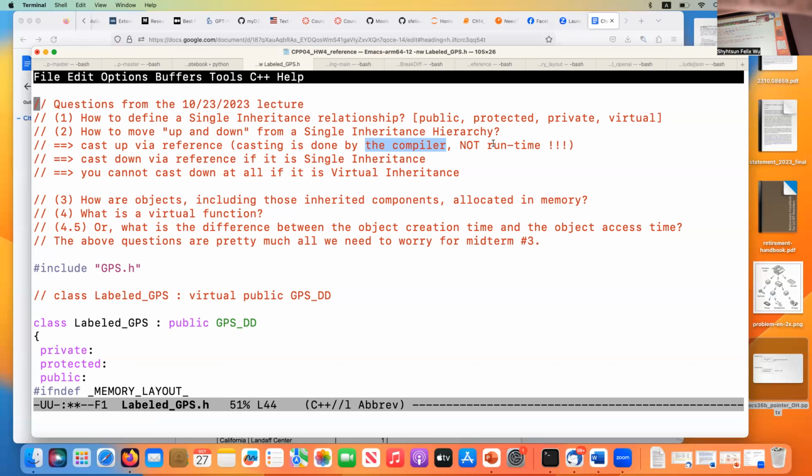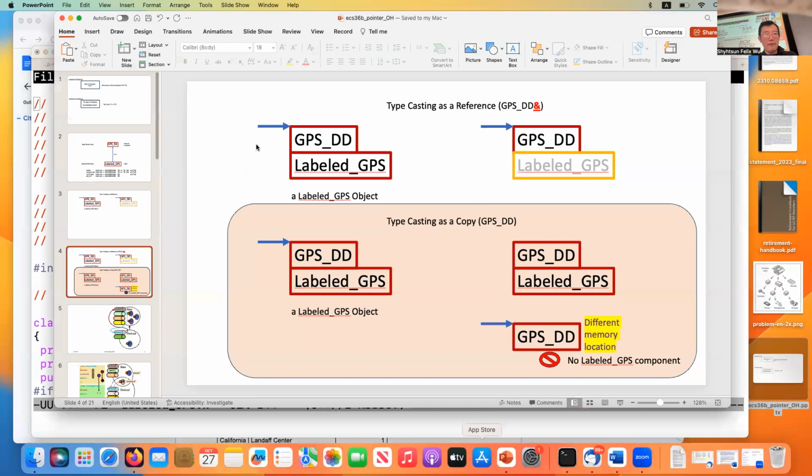Okay, I want to clarify this. Usually, the compiler always has the information about how to move up, to typecast to the parent class, but it might not have the knowledge to cast down, to go back to the child class, particularly. Okay, let me show you one of our students' questions that came to me in office hours today.